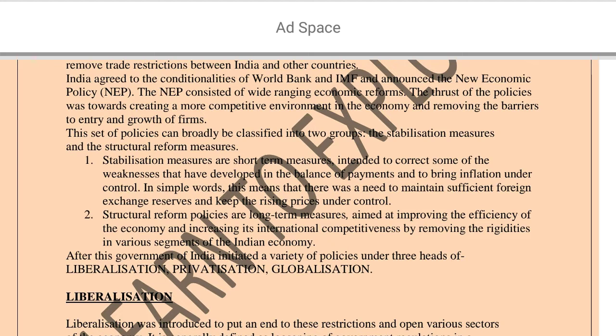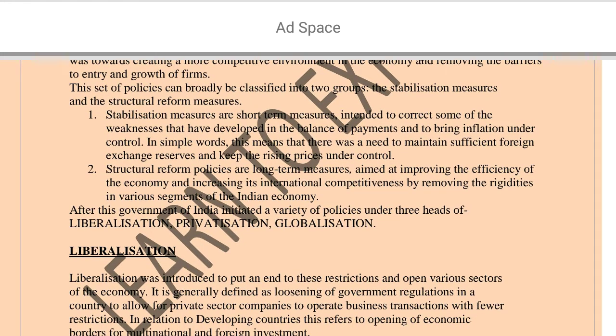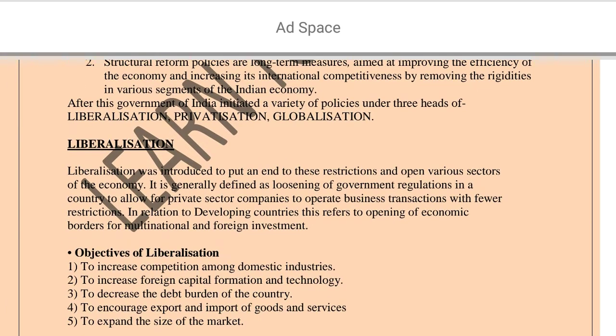After this, the Government of India initiated a set of policies under three heads of liberalization, privatization and globalization. So what does liberalization mean? Liberalization is generally defined as loosening of government regulations in a country to allow private sector companies to operate business transactions with fewer restrictions. In relation to developing countries, it refers to the opening of economic borders for multinational and foreign investment. So it does mean the same for India. India was supposed to open up its economy for multinational and foreign investments. Okay, so these were the policies aimed at